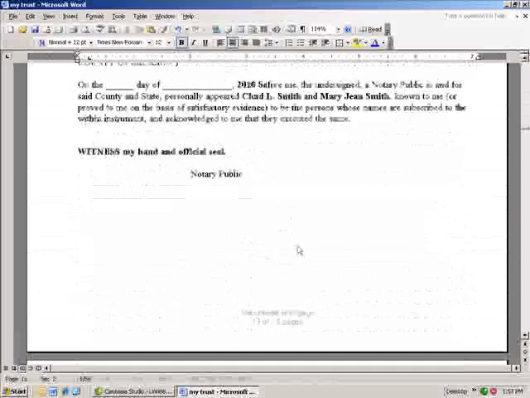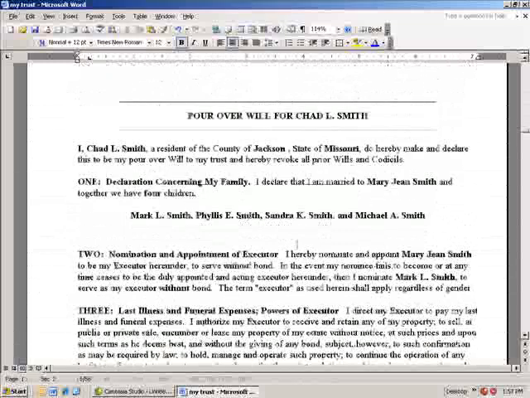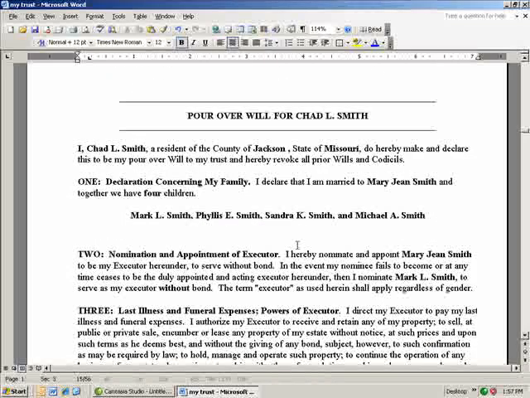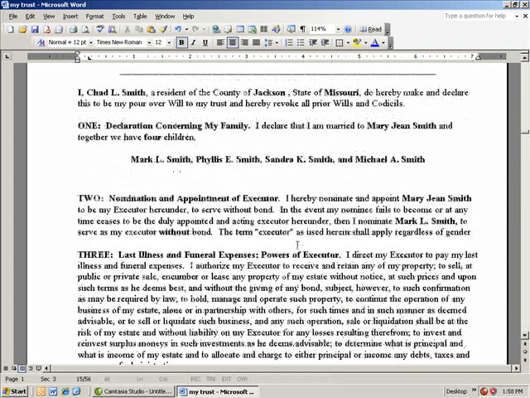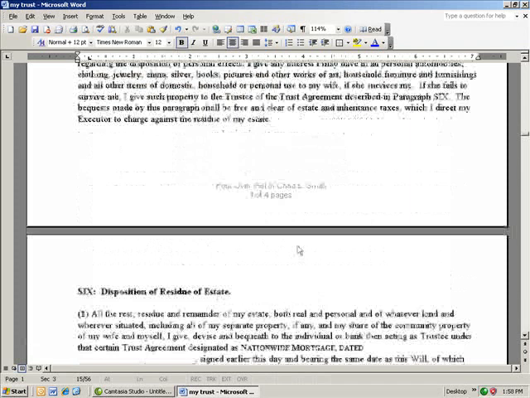And the next document would be a pour-over will. Let's say for instance you're in a lawsuit, you win the lawsuit, but you die. All your assets were in trust, but the proceeds of the lawsuit were not. So this pour-over will would then be used to take those assets, run them through probate,